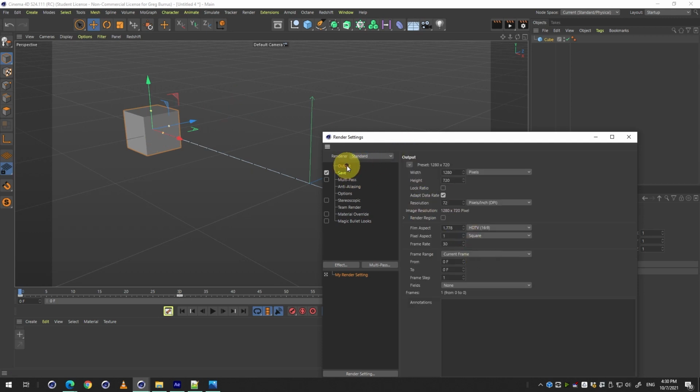So in our output settings, most of the time we haven't really touched anything below maybe here, but if you come down here, you'll notice that there's something that says frame range, and we would change this from current frame to all frames, or we could do manual and set a frame range. So I could do from frame 0 to 30. And now if I render this to the picture viewer,